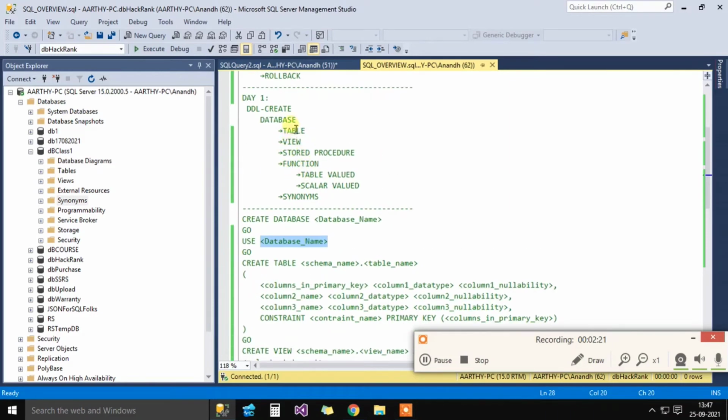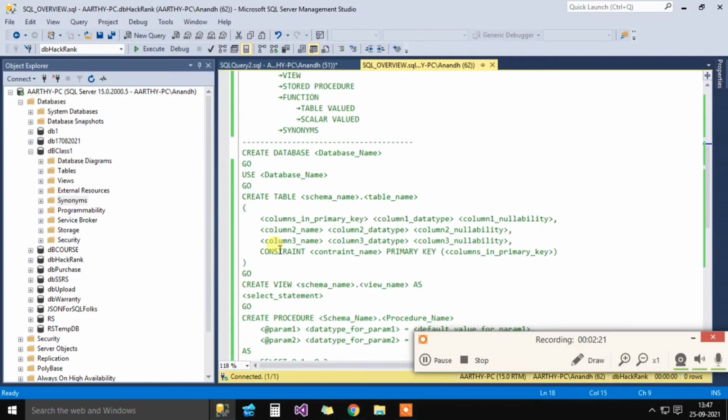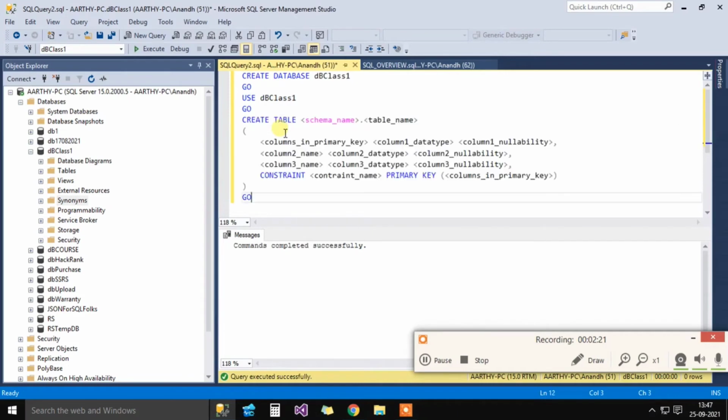So now we will go to the table creation process. For the table creation, I use this particular code block. It stands like this: schema name. In this, I use the schema name of DBO. I will tell more about the schema name in future. So for now, I use this table namespace. I give the name as table class 1. I must remove this open and close parenthesis also,